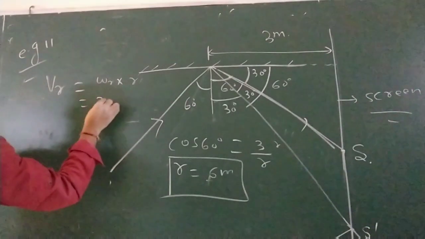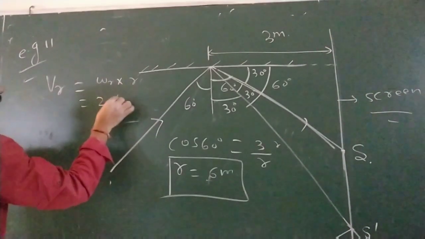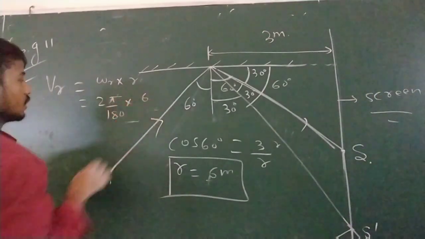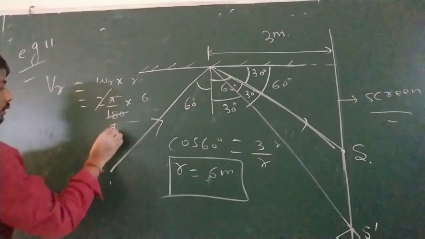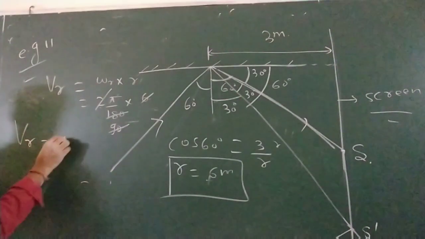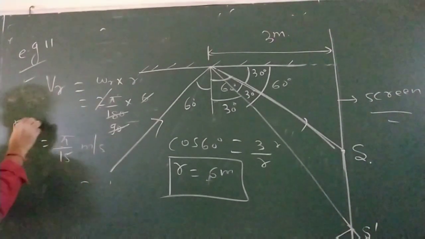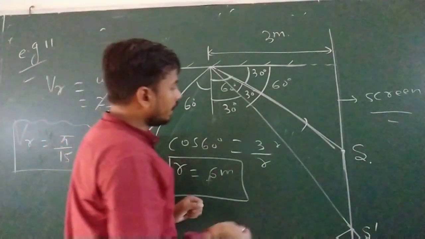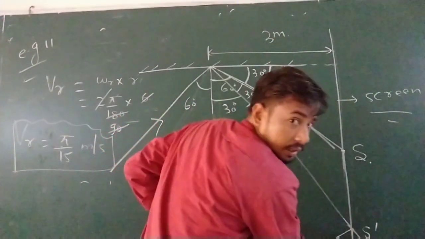So omega of the ray is given 2 radian, it means 2 into r, 2 we can write pi by 180 into r is what? 6. So this becomes 90. They get cancelled. So velocity coming in radial direction is pi by 15 meter per second. Okay. My dear, this angle is 60 degree from horizontal. So this angle will be